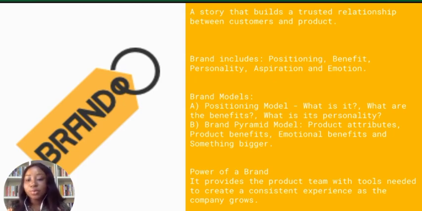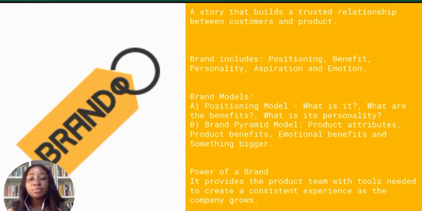An example of it is the Google Lens. When the Google Lens was produced back then, right? Today we no longer have Google Lens in the market because basically the people behind building that product did not really do the research. They didn't do the research to really know if this is a product that the target users would want to use, and that is why that product failed, right? And the final thing is, what is its personality? Personality is more like, how does it make me feel, like I've been saying.